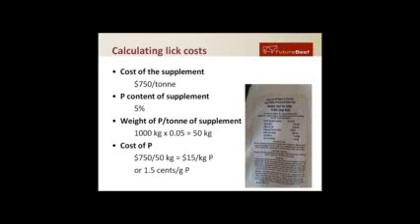$750 a ton. And let's say, for example, the phosphorus content of that supplement was 5%. We know then that in 1,000 kilograms or a ton of that supplement, we've got 50 kilograms of phosphorus. If it's costing us $750 a ton for the supplement, it's costing us $750 for 50 kilograms of phosphorus, because there's 50 kilograms of phosphorus in a ton of that supplement. And if we calculate that out, that's going to cost us $15 per kilo of phosphorus, or if we want to work that out on a daily basis, we can say, well, it's going to cost us 1.5 cents per